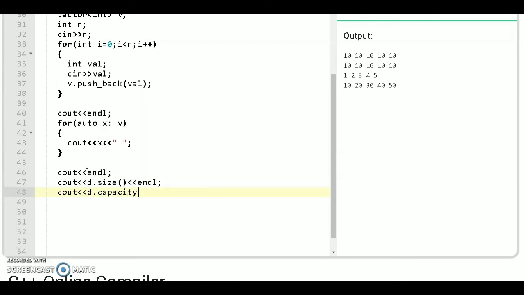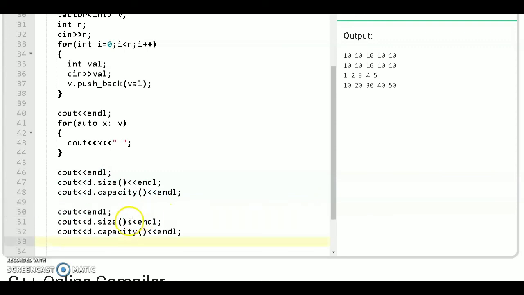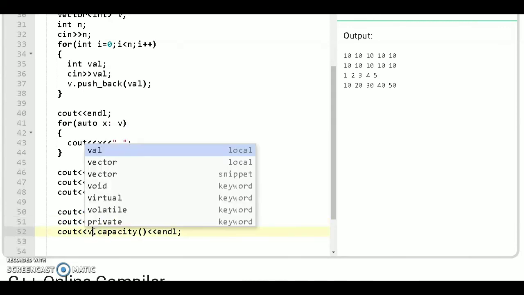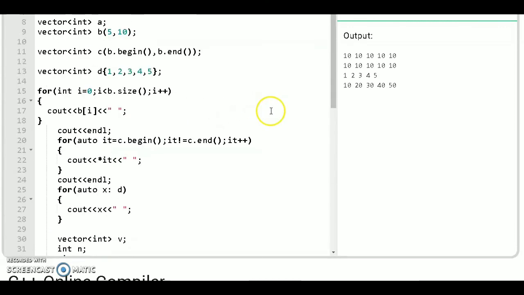This capacity function returns the maximum capacity of the vector, the number of elements it can contain. We do the same operation for vector v, just changing the name here. So let's run this code.